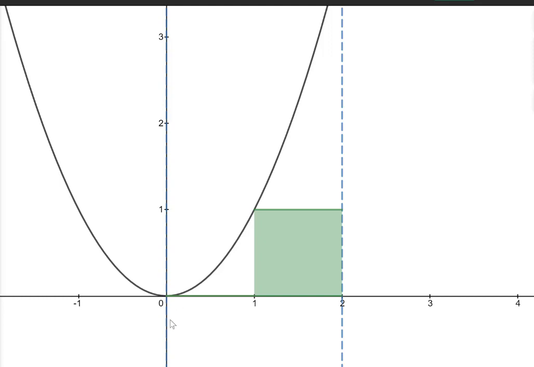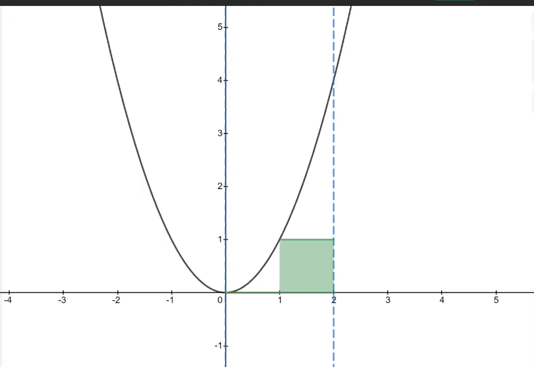In other words, this area here from 0 to 2, that's two pieces right there. If I add more, 4, 6, okay, can you see that the more rectangles that I add, my approximation of the area is getting better and better,